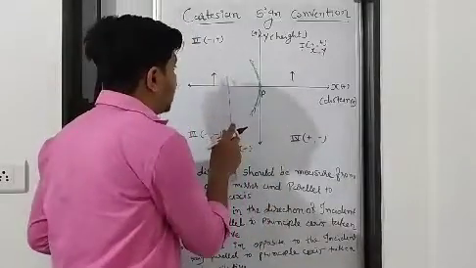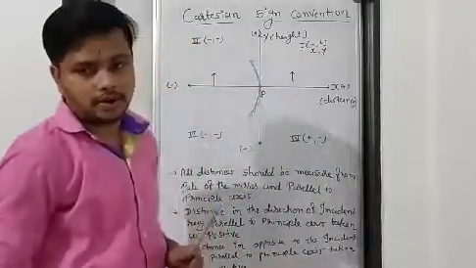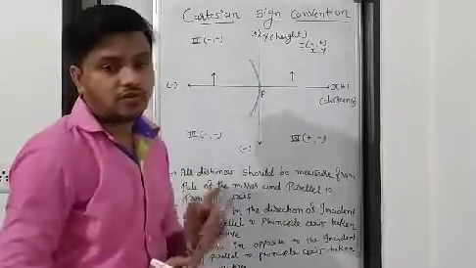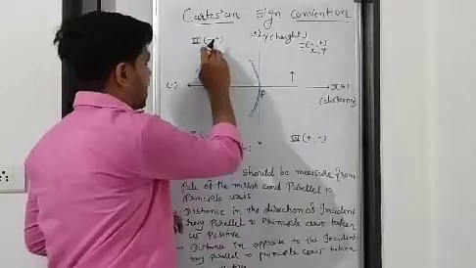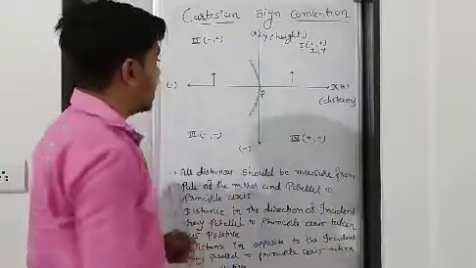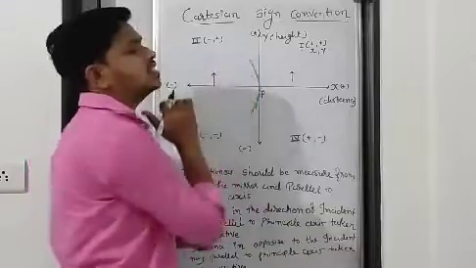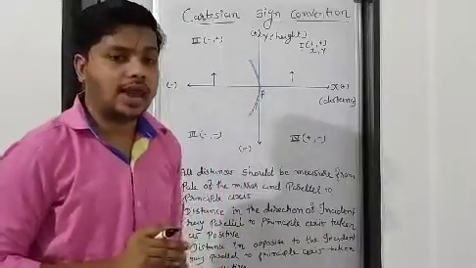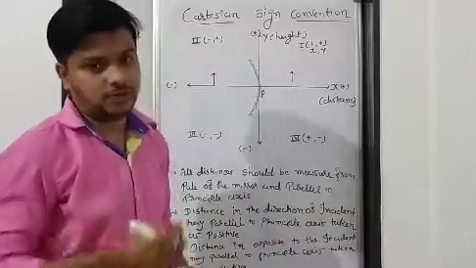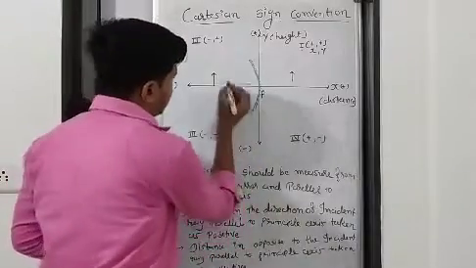Here, the object is in the second quadrant, right? The object is in the second quadrant. According to it, the value of x is negative, while the value of height is positive. So you can say that the distance for this object is taken as negative, while the height of that object is taken as positive. Understand? If the object is here,